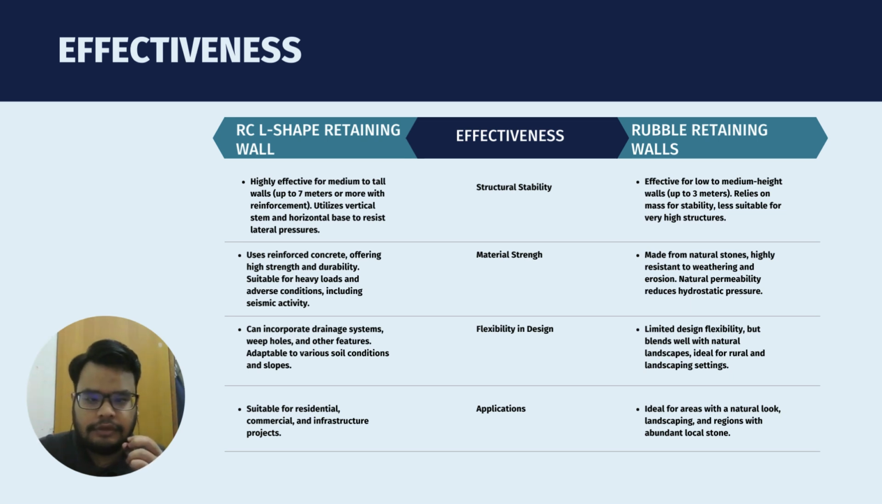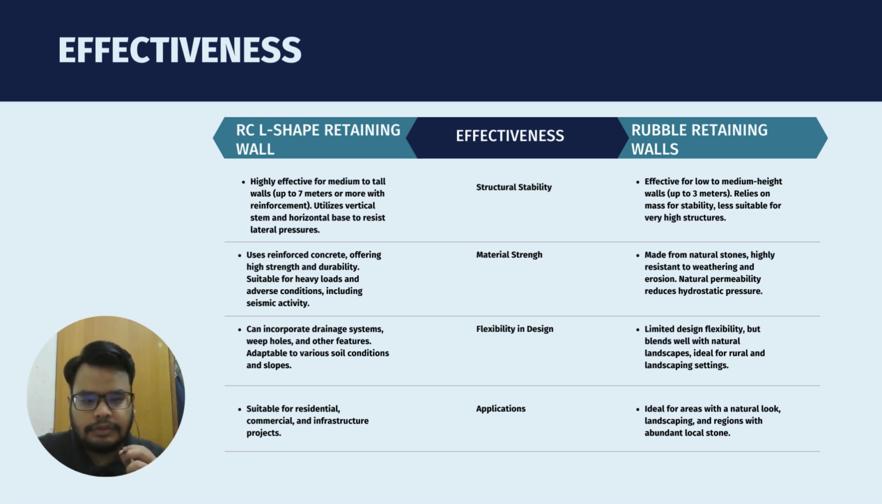Now we start with effectiveness. Reinforced concrete L-shaped retaining walls and rubble retaining walls each have unique advantages that make them suitable for different project requirements. In terms of stability, RCL-shaped walls are highly effective for medium to tall walls, up to 7 meters or more, offering high resistance to lateral pressure, while rubble walls are effective for low to medium height, up to 3 meters, relying on